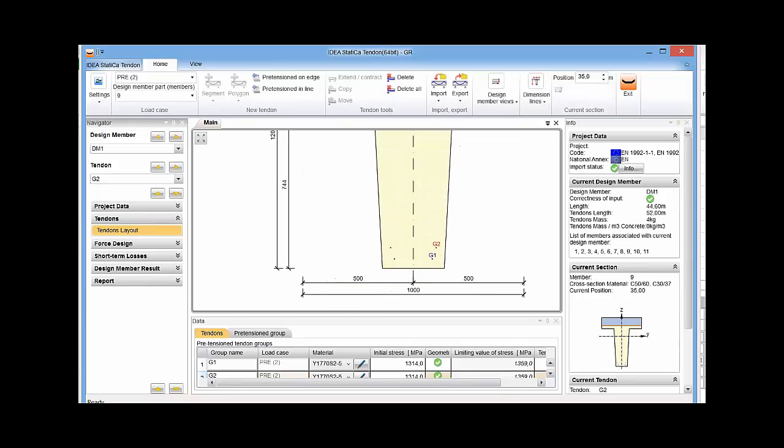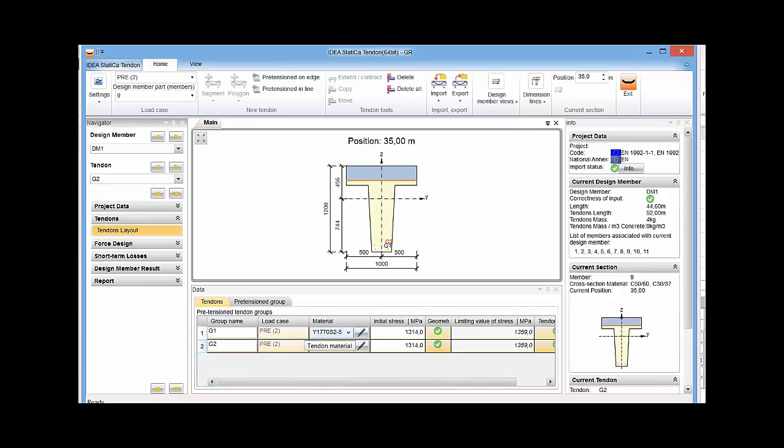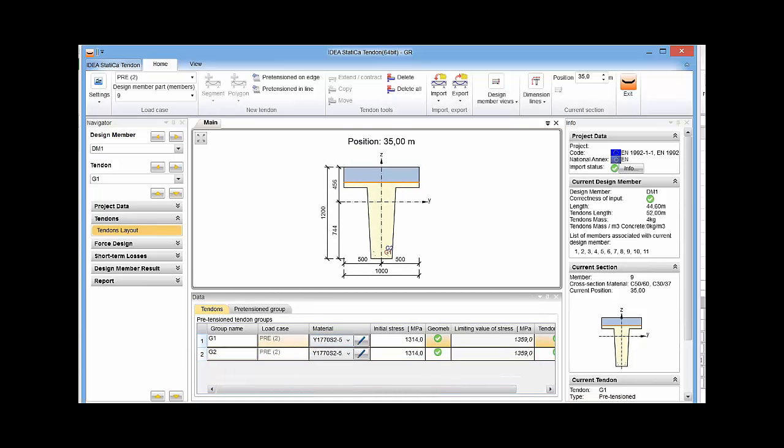This is G1, G2. Unfortunately, the program imports only the geometry, not the material. So, sorry, I have to select a different strand,